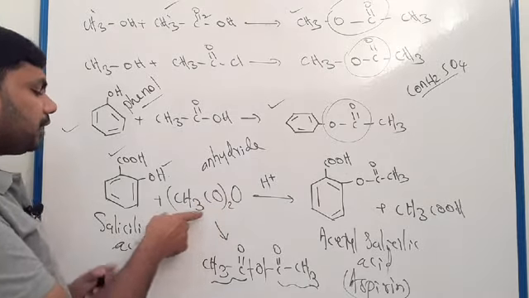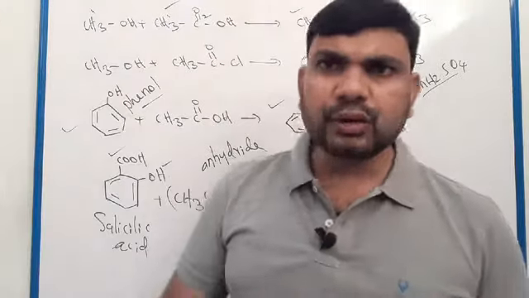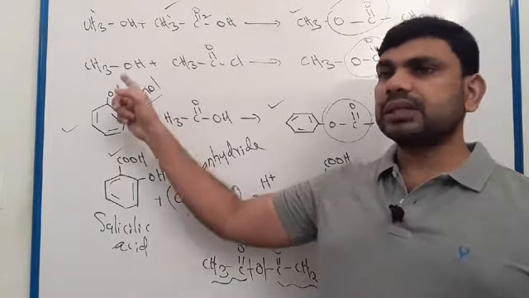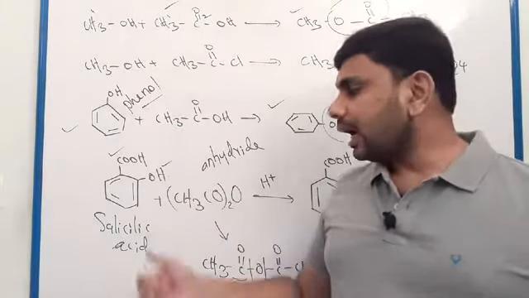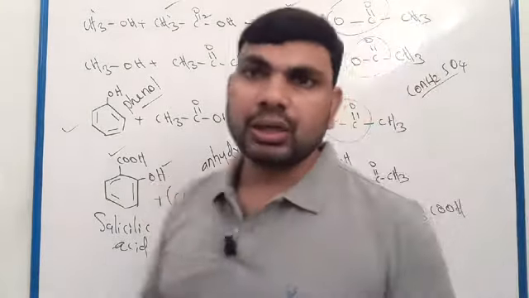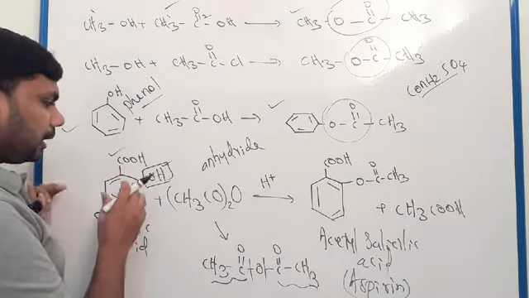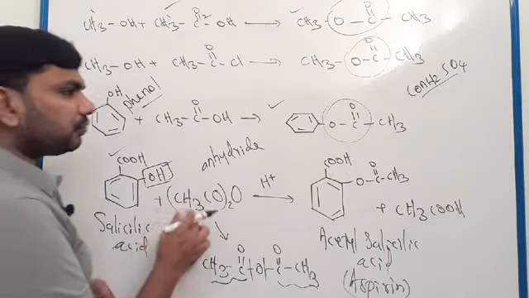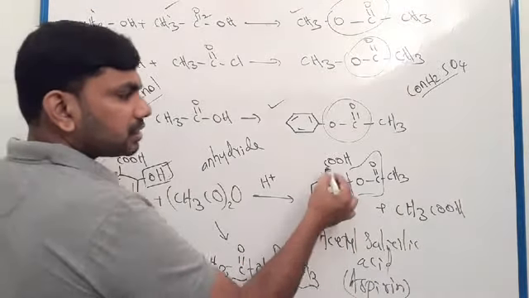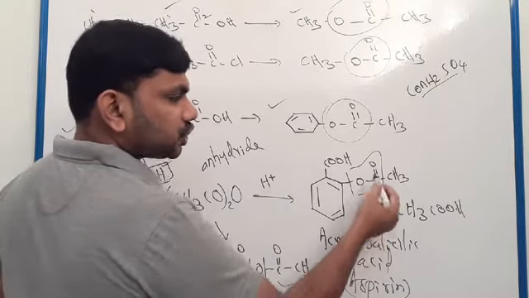This acid anhydride reacted with the alcohol. We discussed formation of ester. Carboxylic acid reacted with the alcohol gives ester. Acyl chloride reacted with the alcohol gives ester. Third one, acid anhydride reacted with the alcohol, it formed ester. So here we have acid anhydride and here it is aromatic alcohol. They reacted to form ester. This is ester linkage. So here, benzene ring, there is carboxylic acid, there is oxygen COCH3, ester linkage.